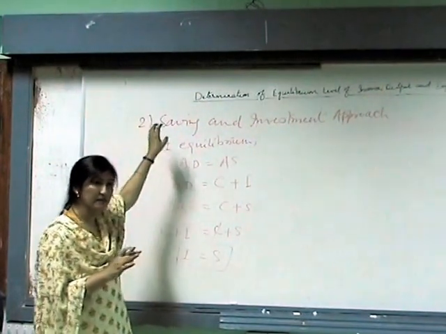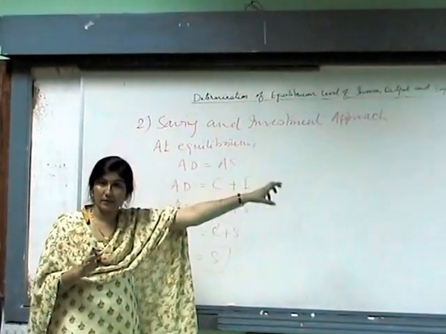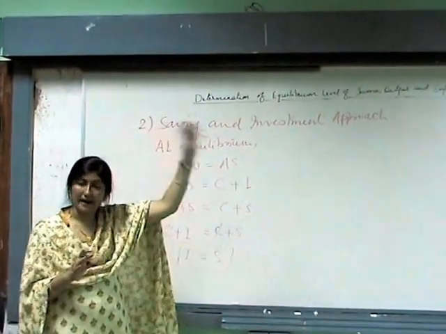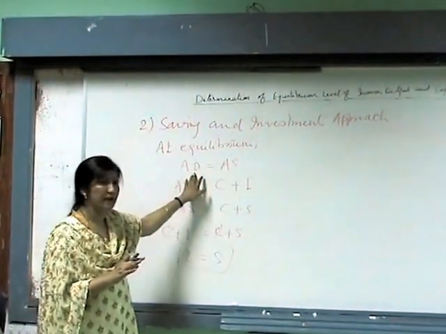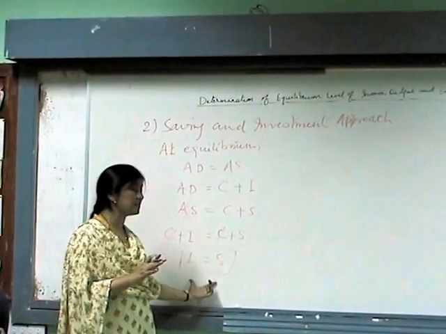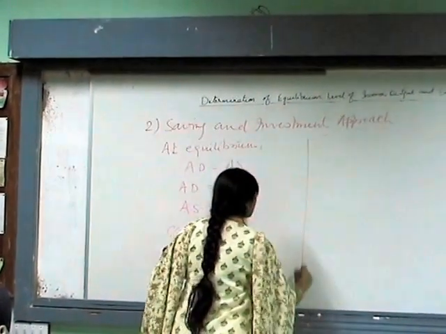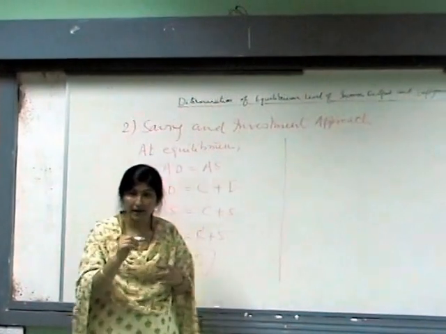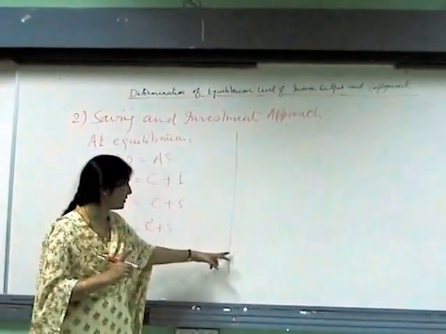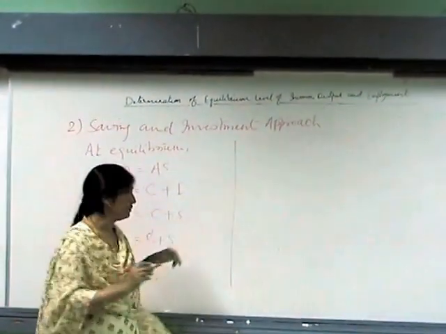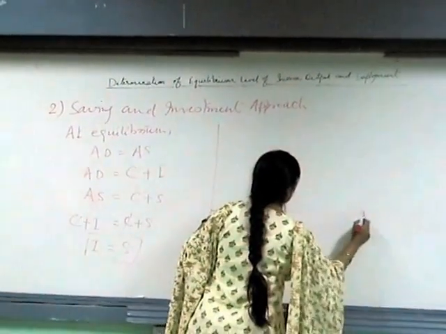We can derive this approach through the past approach, which is the AD and AS approach. Then in that approach, what happens? The equilibrium is arrived at AD equal to AS. Then draw this equation and show that I is equal to S. Simple, with the diagram also. Now in this case, since savings are negative, your saving curve will go from the negative quadrant. Okay? So your x-axis and y-axis will be of different nature.